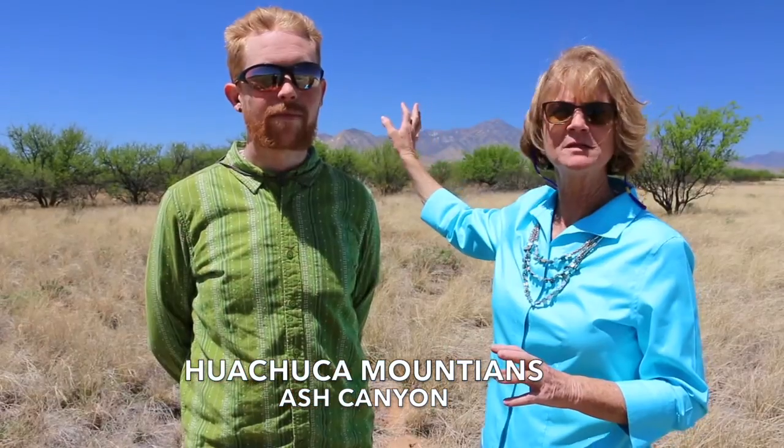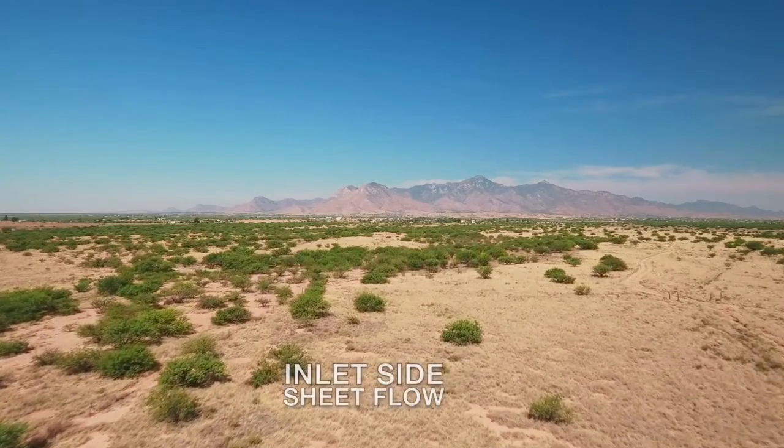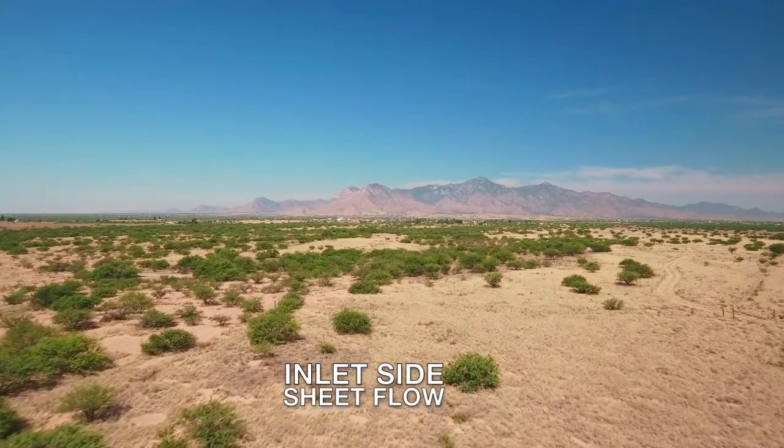Looking behind us to the watershed that's bringing water down to this project. Those are the Huachuca Mountains in the background. Ash Canyon is one of the canyons you can see. And behind us you can see that there's no channel here. This is just sheet flow area. So the water is just spreading and running all the way from the top of those mountains down here